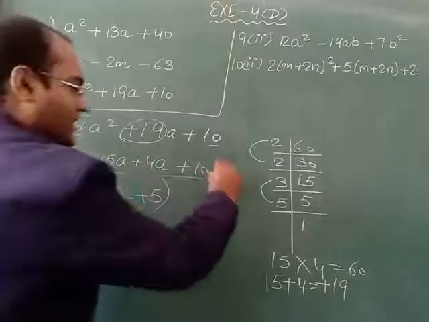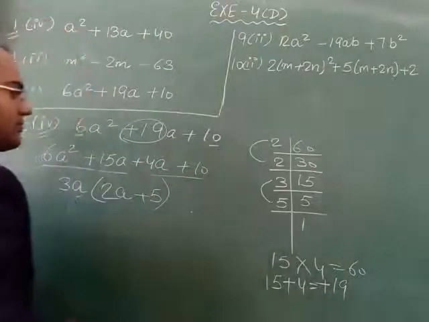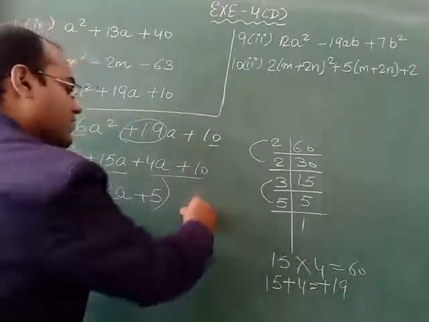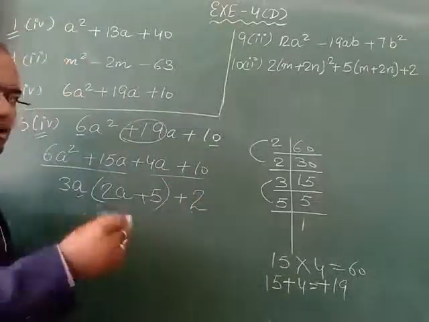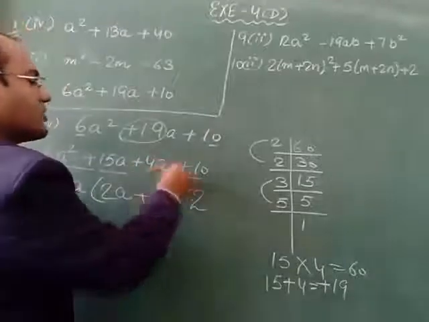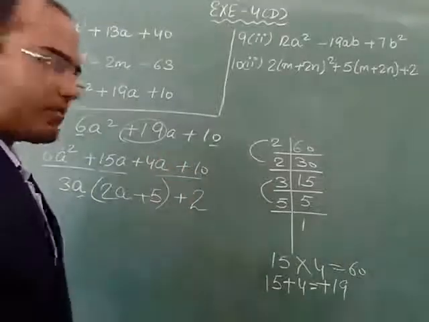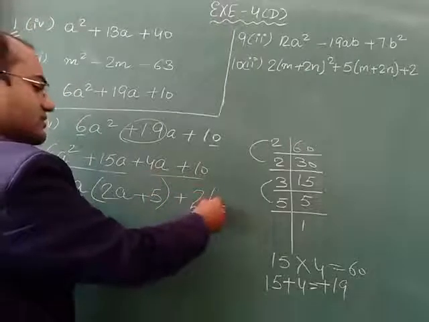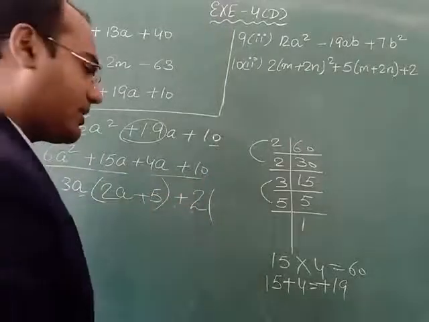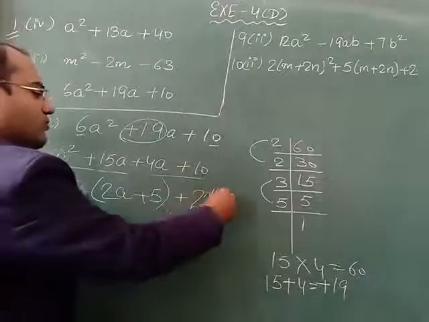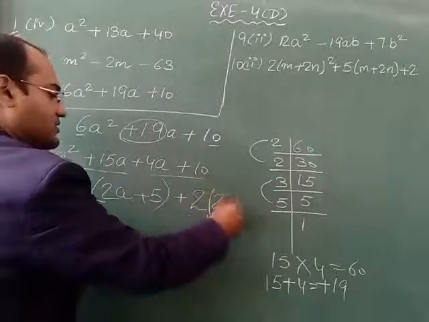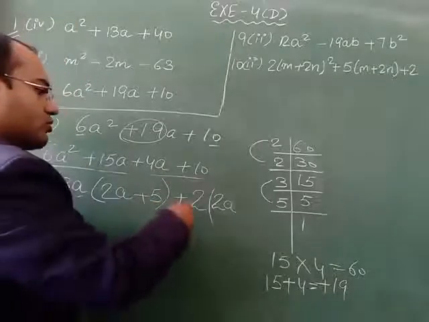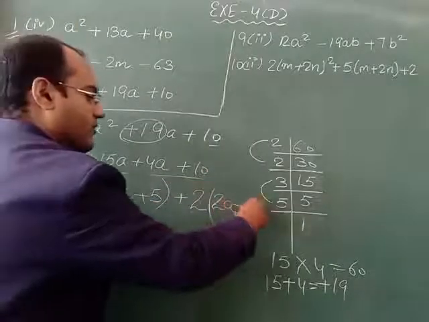Now we will come to the next two terms, 4 and 10. 4 and 10 both come in the table of 2. But we have to take the sign also, either plus or minus. Here both have a plus sign, so we will take plus common. So plus 2 we will take common. Plus, plus, plus. No need to write a plus sign in the beginning of the bracket. 2 2s are 4. A as it is, because we are not taking a common, we are taking only 2 common. So 2 5s are 10. So here we will write plus 5.